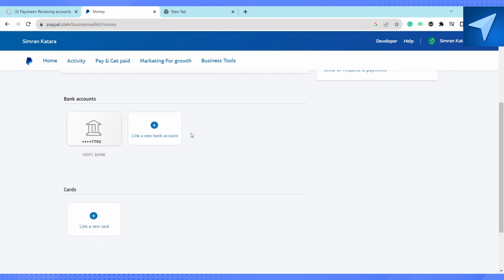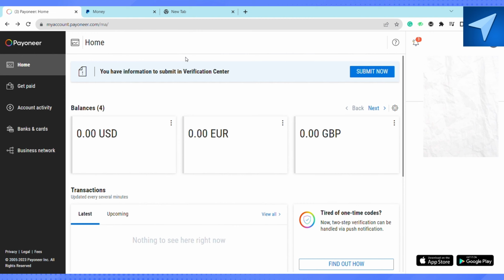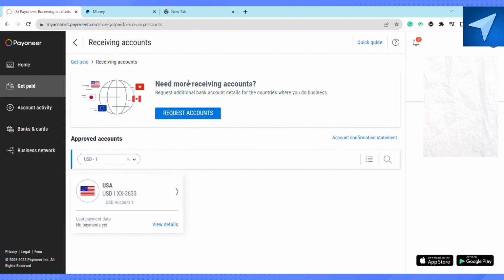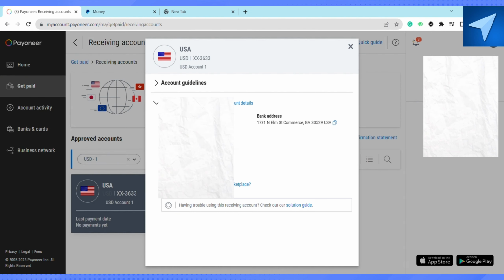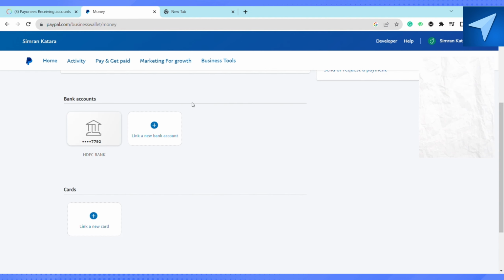Just open your Payoneer account, and here on the home screen, under the balance section, in the USD, you will see these three dots. Just click on that, and in this drop down menu, just select receiving accounts. And here on the approved account section, you will see USA, and just click on USA bar, and here you will see your account details like your bank name, your routing number, your account number, your account type, and your account address. Just copy all these credentials from here, from your Payoneer account, and open your PayPal account again and